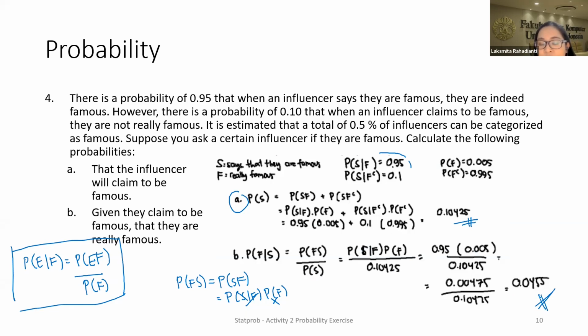I believe I used some rounding up here. So I rounded up some numbers, so you might get a couple of digits off at the end, but that's fine. In exercises